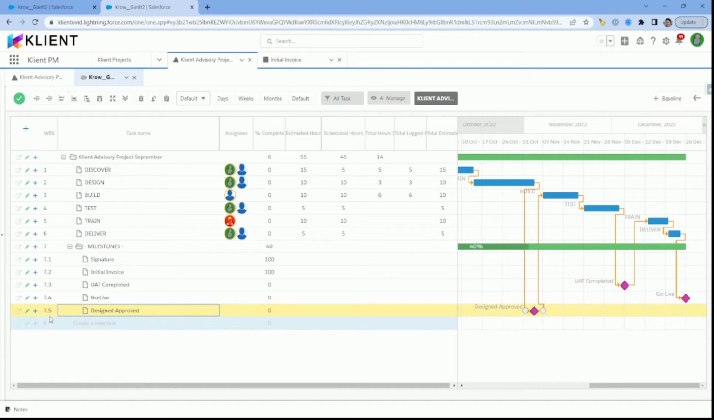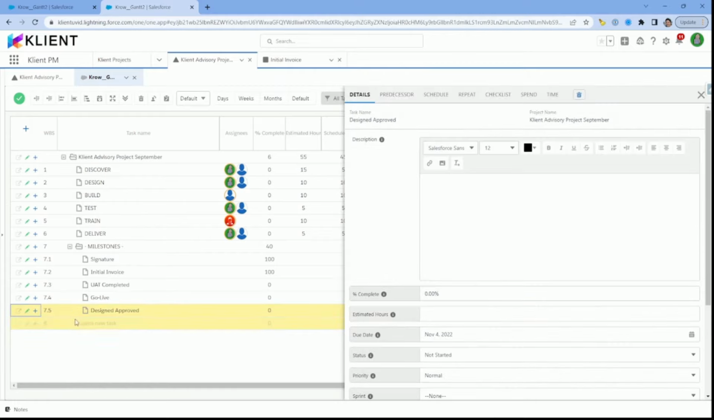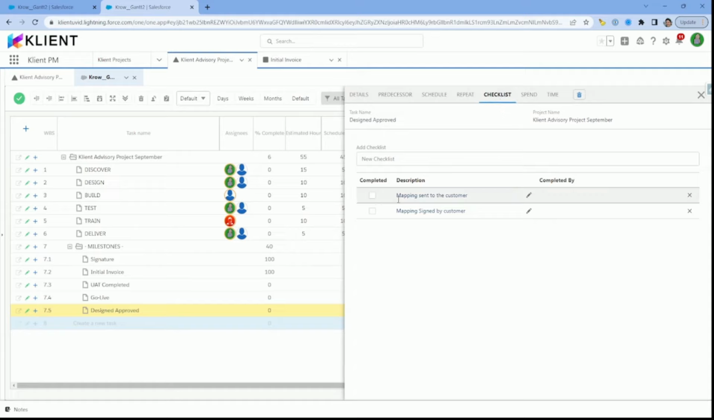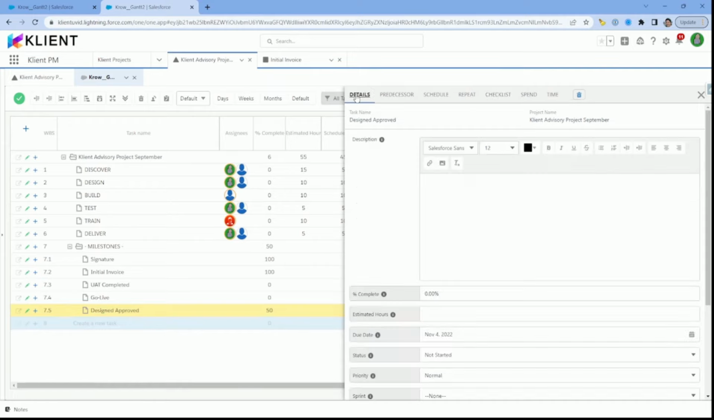The last option I want to show you is related to task checklists. On the Design Approve milestone, we added checklist items. These checklist items could become very handy when you track steps that need to be done on a task or on a milestone, but that you don't necessarily require time to be entered against. Let me go back on the task itself